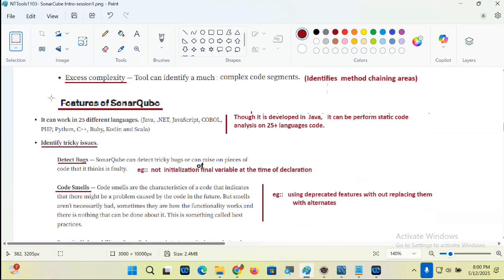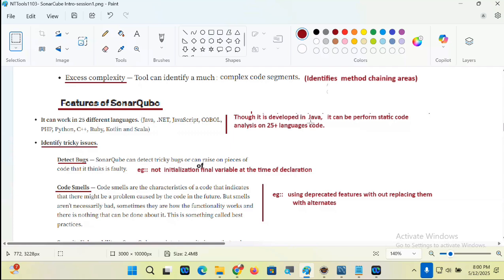Features of SonarQube. It can work in 25 different languages. The good part is it is not just there to identify Java related coding issues, guys. It can review code of 25 plus languages: Java, .NET, JavaScript, COBOL, PHP, Python.